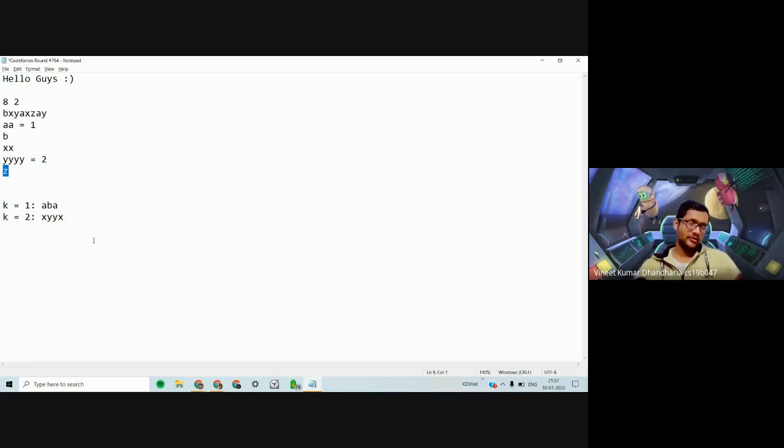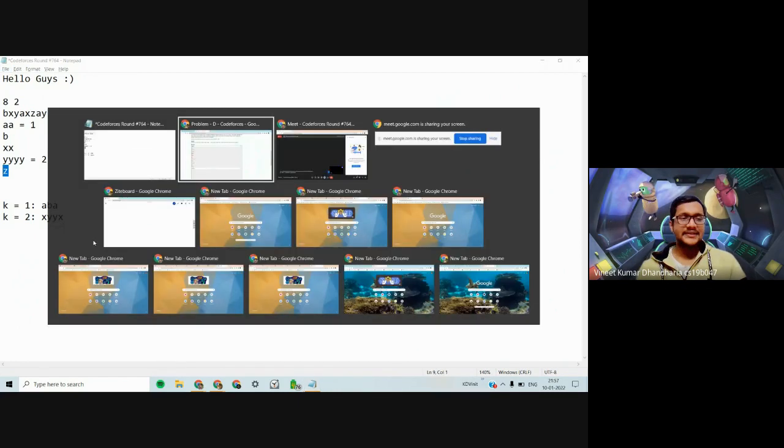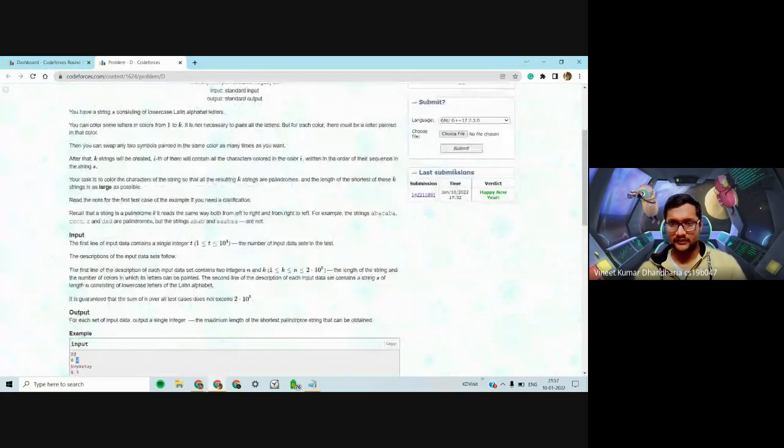Once we have the total number of pairs, what we can do is assign the pairs to all the colors. We assign the first pair to the first color, the second pair to the second color, and so on up till k. Then starting again, and so on. At one point, we would have no more pairs left, and we would have assigned some pairs to each color from 1 to k. Now let's go on to the code. I guess that should give a bit more clarity.